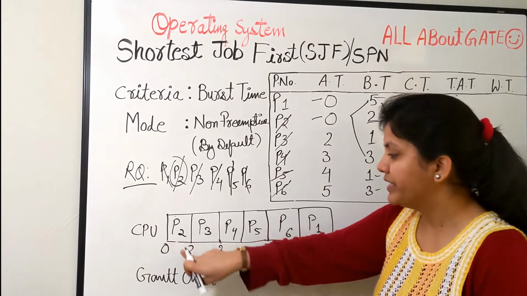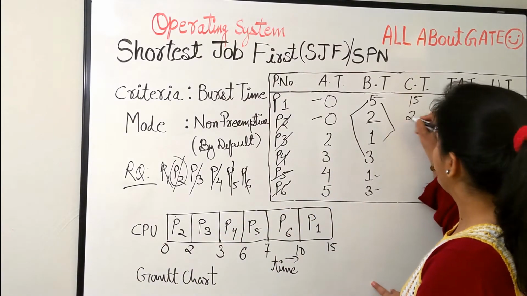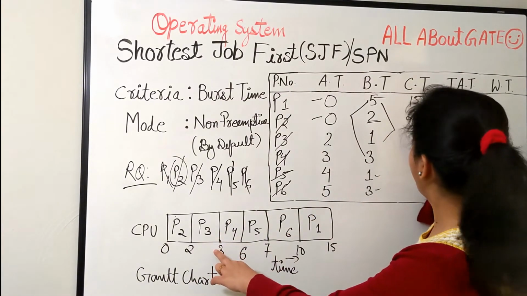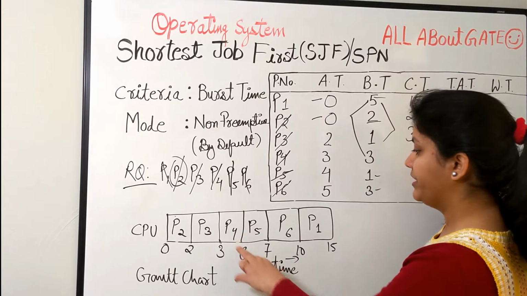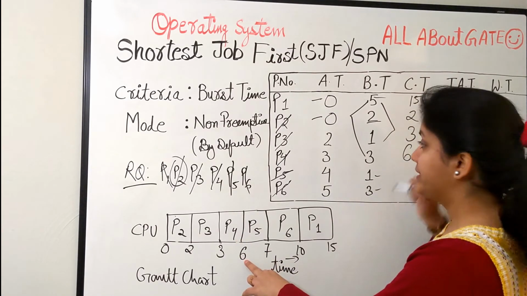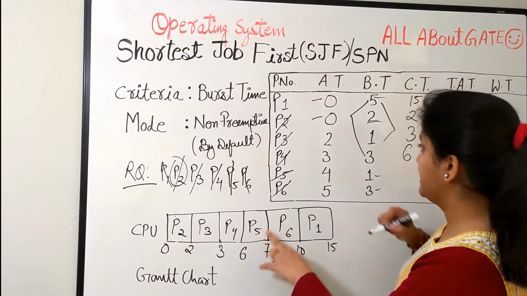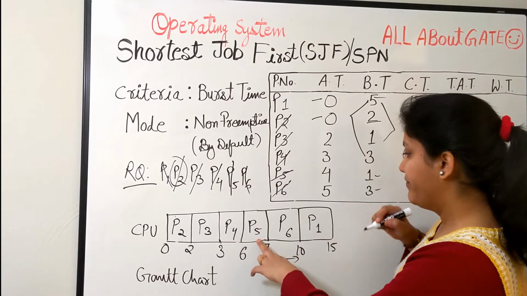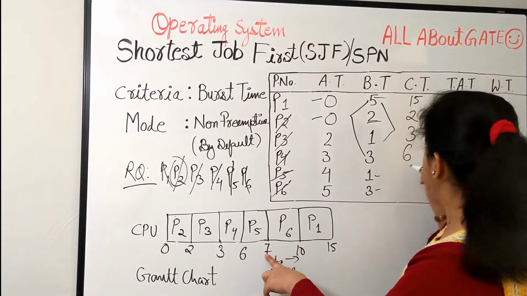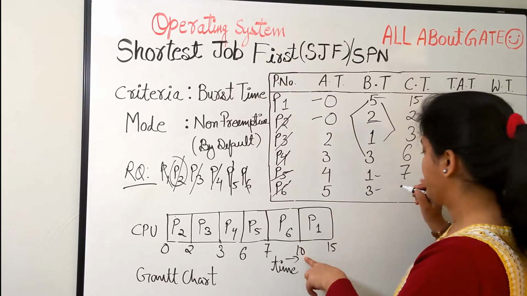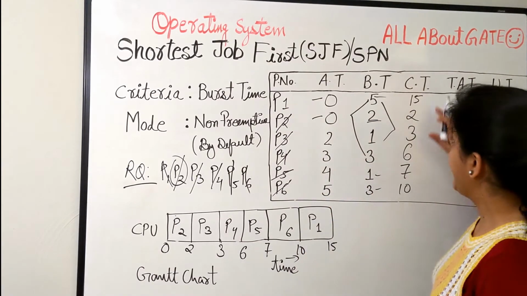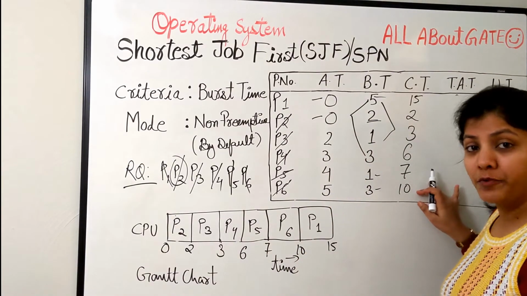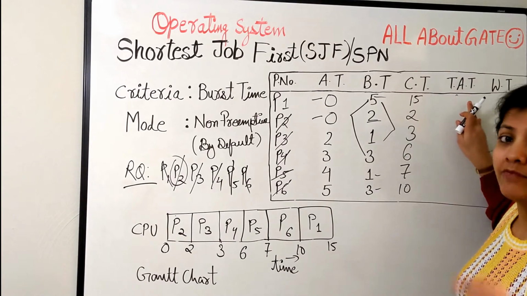So now P2 is finishing at time 2, P3 finishes at 3, P4 finishes at 6, correct? Then P5 finishes at 7, P6 finishes at 10. So after finding out the completion time for each process, it's time for the turnaround time, which you all know